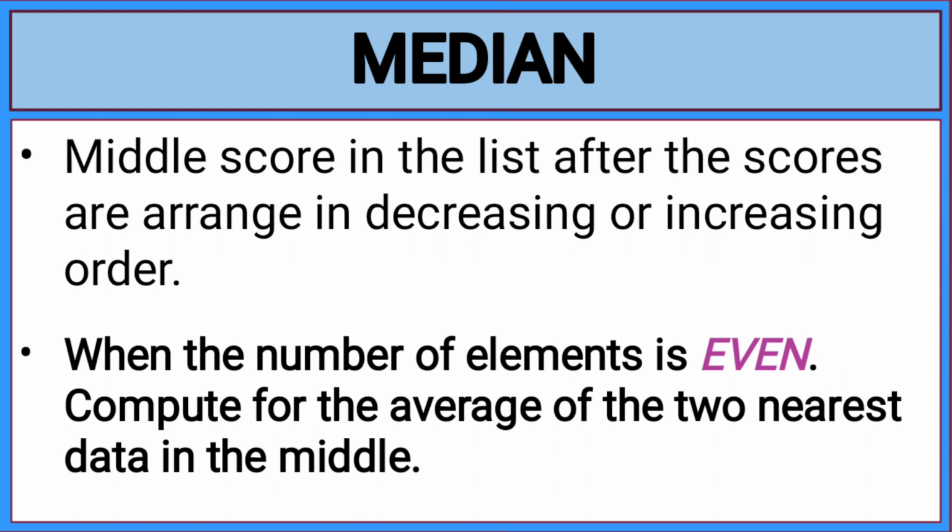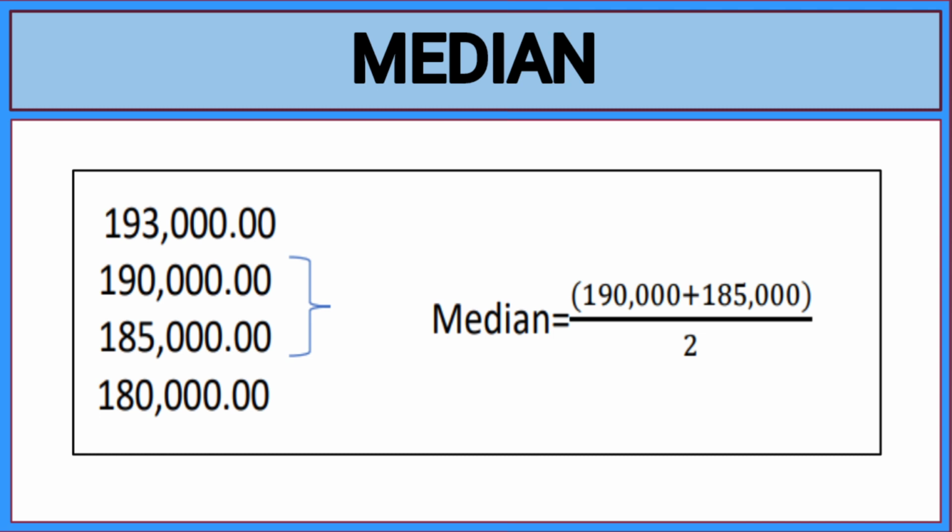So let us take a look here. Say for example, I have here an even number of total elements, since I have 4 data already. Right? We have 193,000 pesos, 190,000 pesos, 185,000 pesos, and 180,000 pesos. So this value, I got this from the examples before as well, right? So median is the middle point or the midpoint of any distribution. As you can see,